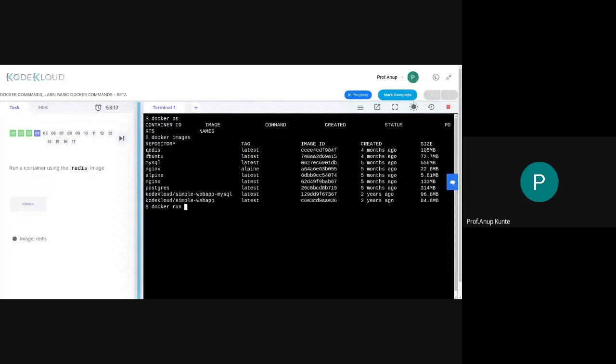Okay, see the image size is very small, 72 MB or so for this Redis image. No, it is 105 MB. And this is what we meant when we said that containers are smaller than virtual machines. Okay, so I need to type in Redis, and this quickly executes this particular repository.